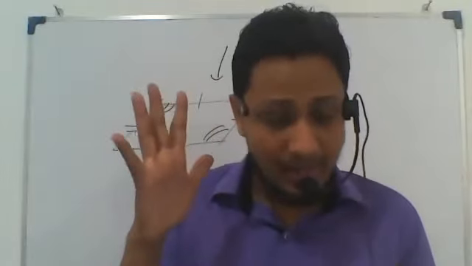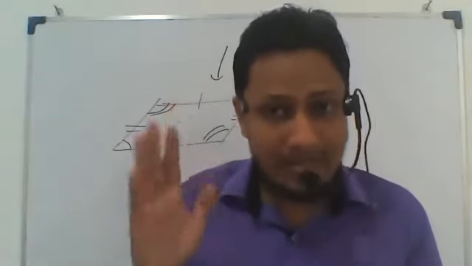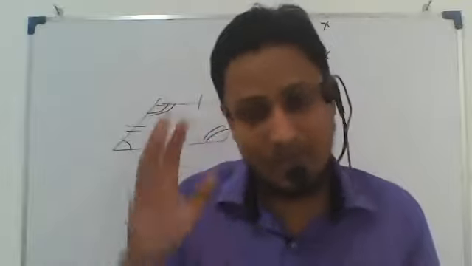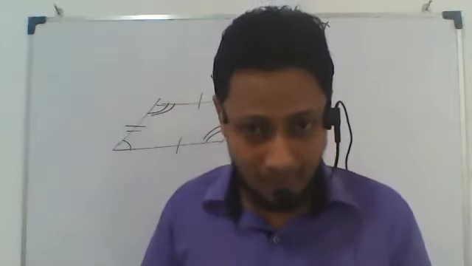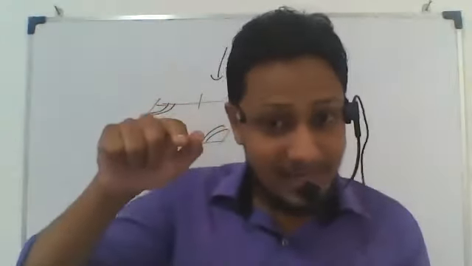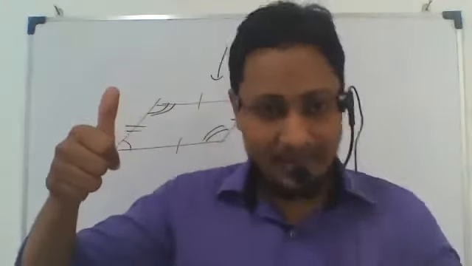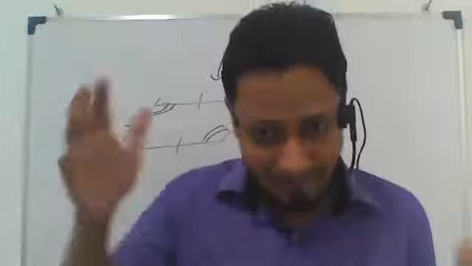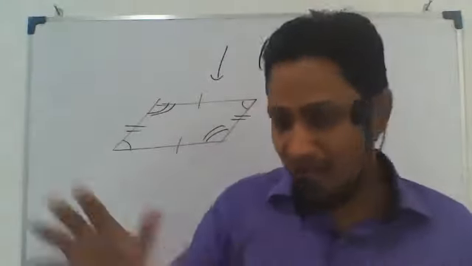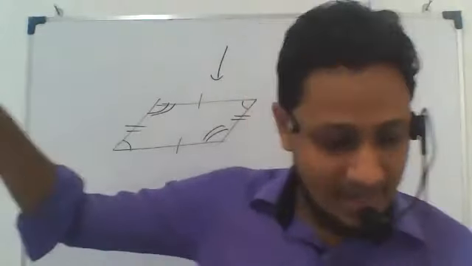Last point, what is that? Opposite sides are parallel, so it's a parallelogram. Okay, now what you said, opposite sides are parallel, so I'll come to that point. Wait, what is the first one? Opposite sides are equal, it's a parallelogram. If it's a parallelogram, these properties are there. They said ABCD is a parallelogram.